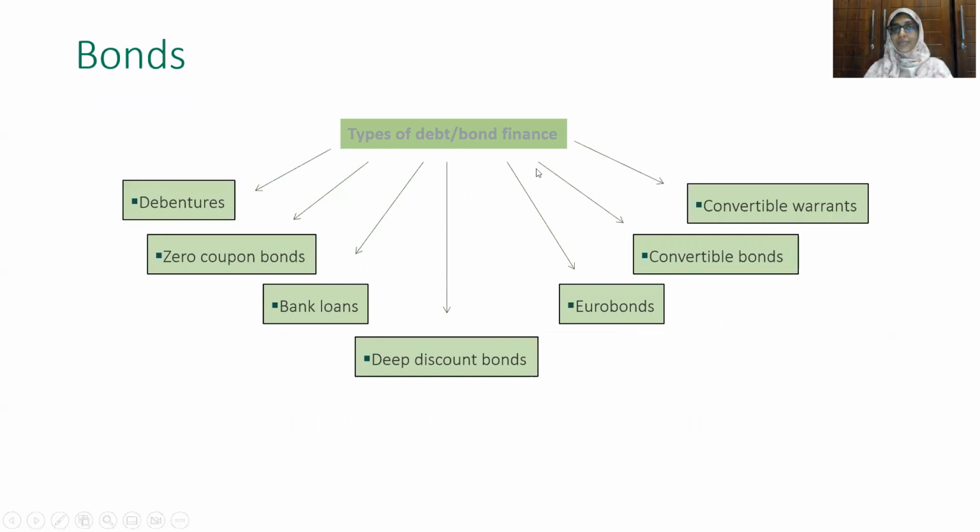So now, as you can see, the next part of this particular lesson would be the types of debts or bond financing. There are 7 types, which includes debentures. Actually, we spoke a lot about debentures now. And then there are zero coupon bonds, the bank loans, deep discounted bonds, Eurobond, convertible bonds, and convertible warrants. But we will not be talking about it today. We will be talking about it in our next lesson. Okay, now